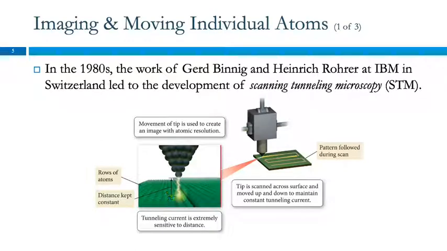And that tunneling current is very, very sensitive to how far apart those two objects are. And so by controlling the current, they can cause this needle to move at a fixed distance from the surface. And as it comes along here and there's this bump, to keep the current the same, they move the needle up. And so they can go across. Basically, they're feeling the surface with this needle. And they raster it, they move it across, back and forth, back and forth. And then the computer takes note of how far up and down it had to move the needle. And so you get a picture of sorts of the surface.